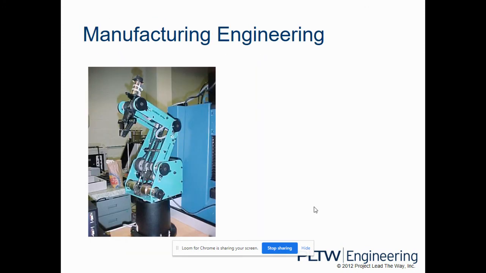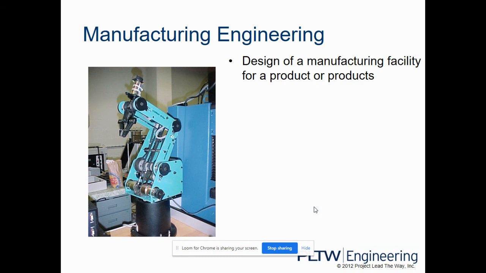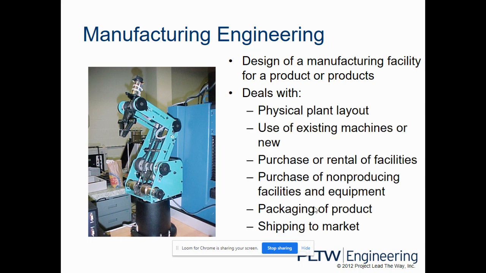Slightly different than that is manufacturing engineering. And that's where you actually design the piece of equipment themselves, whether it's a robot or something mechanical. Yes, you can design a robot, you can program a robot, but you actually have to put it together so it goes out and fixes. And as you can see, all of our jobs are going to be replaced by robots. Burger King, instead of hiring high school kids, they're going to start hiring robots. So all of these things are examples of manufacturing engineering.